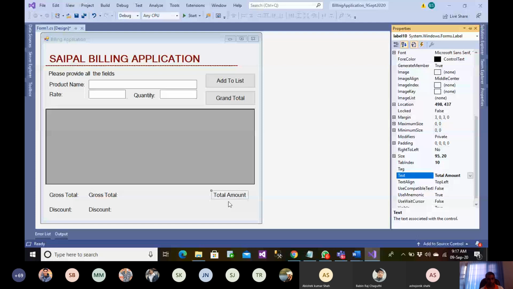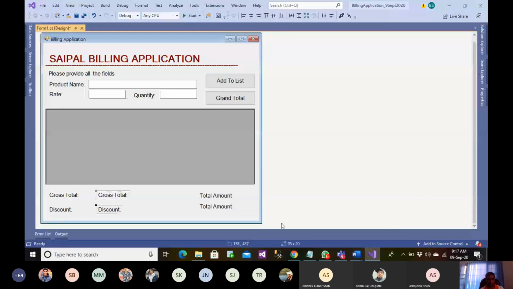In fact, let us make everybody's font larger. Let's change the font of everyone.